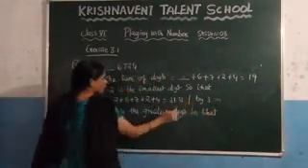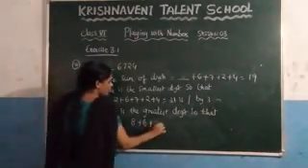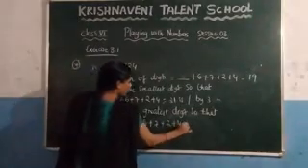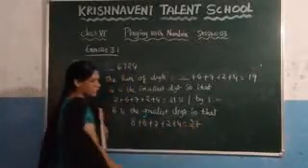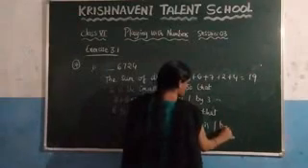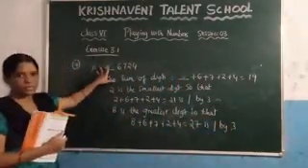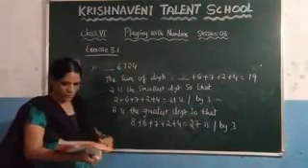So if you fill the blank with 8, what are you getting here? 8 plus 6 plus 7 plus 2 plus 4, and you are getting this value as 27, and you know that this 27 is divisible by 3. So what do we need to fill in this blank? 2 is the smallest digit and 8 is the greatest digit.